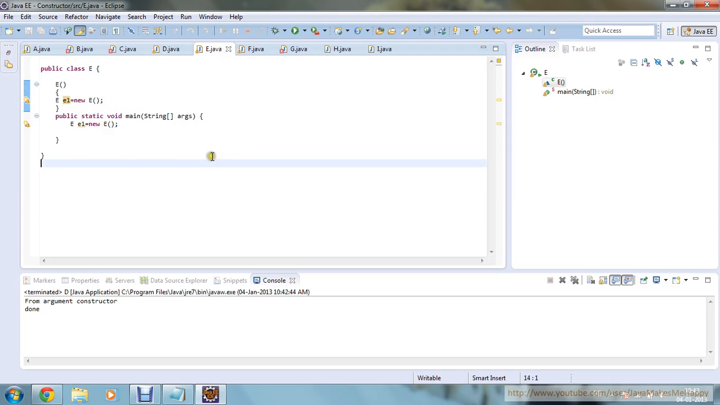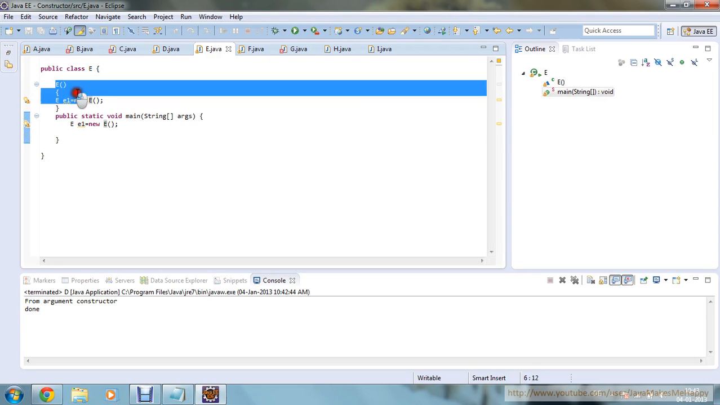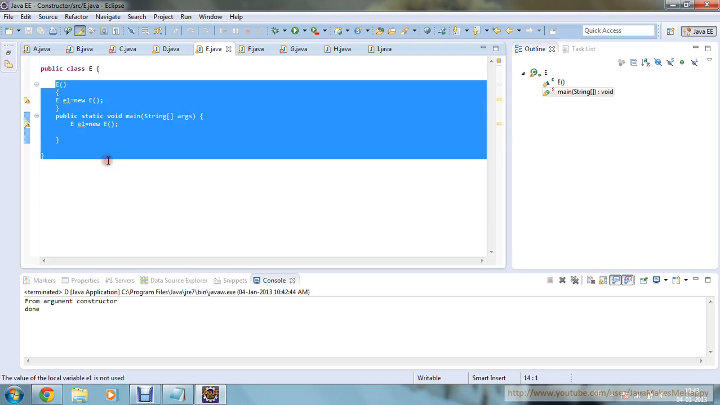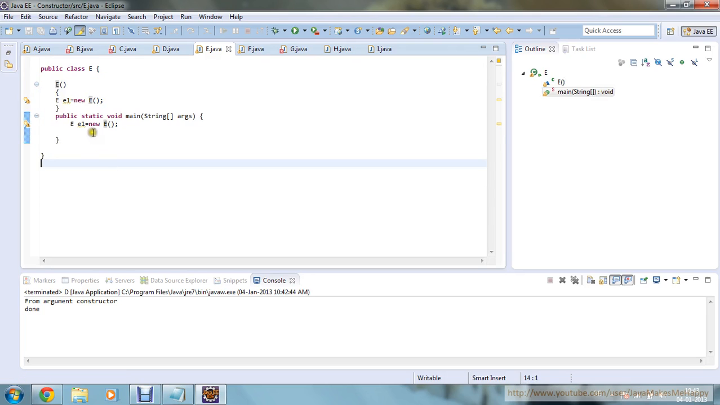Now moving to the next program, this is a very critical program, and a very funny program. Now see what I have done. I have defined the default constructor here, and I am creating one object in the default constructor itself. Now from the main method I am creating one object of the class E. Now it will show a stack overflow error. Why? Because